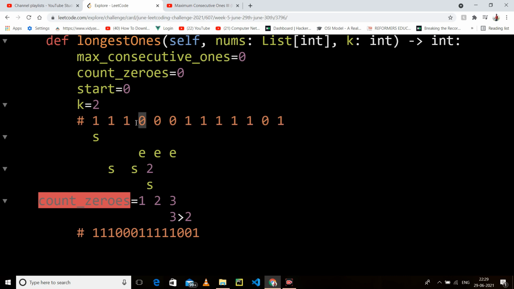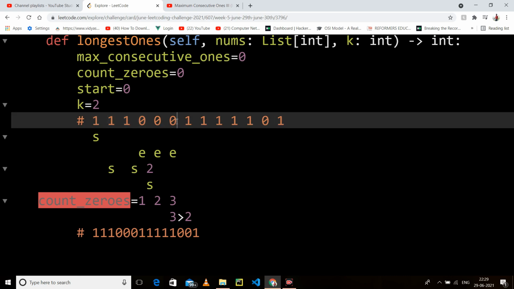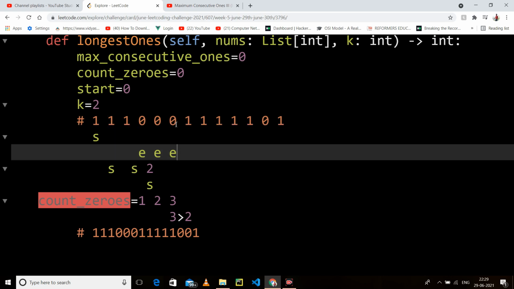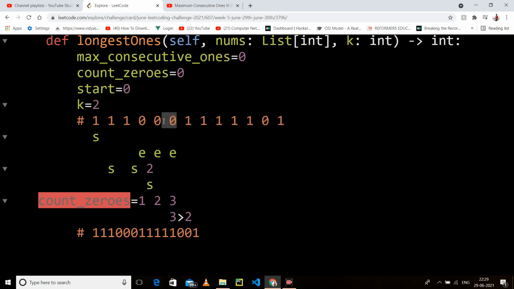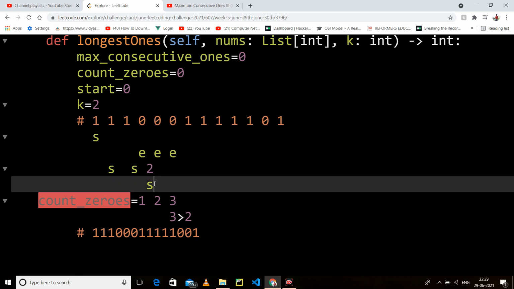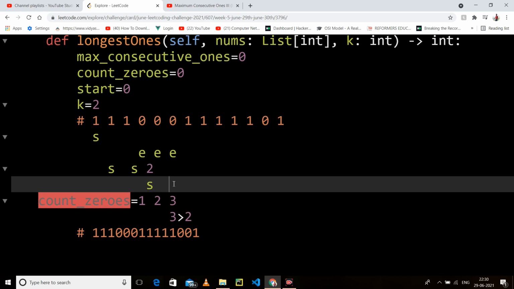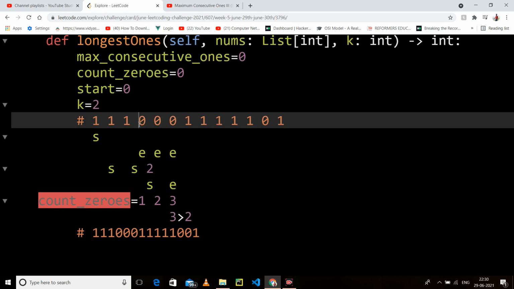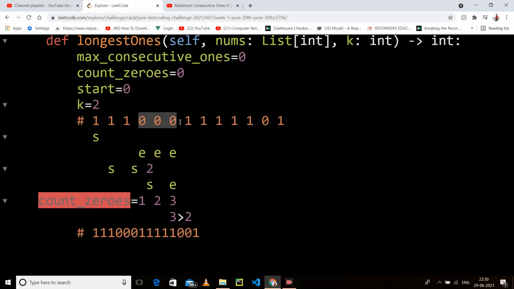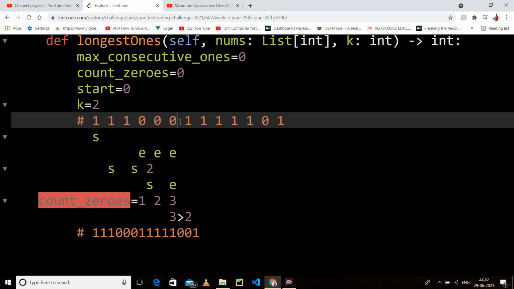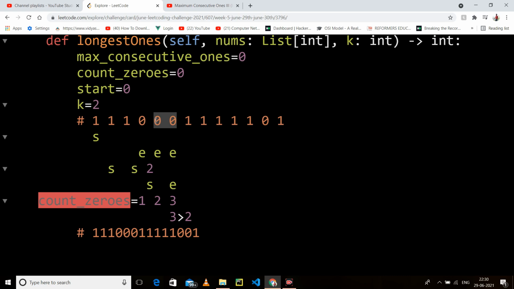So I have removed 1, because our start is 2, and our end is 2, so we have authority that we can hold only these 2 zeros. That's why I have made such a logic, so that I could hold only 2 zeros. So when our start is here, end is here, this is the 4th index and this is the 6th index. Now 6 minus 4 is 2, means we have held only 2 zeros.